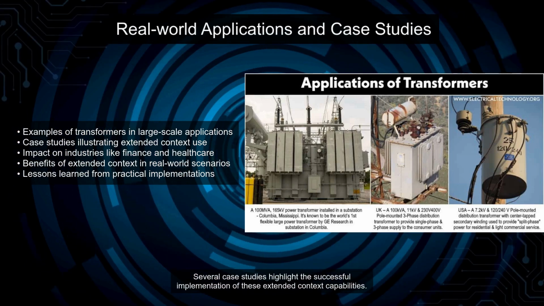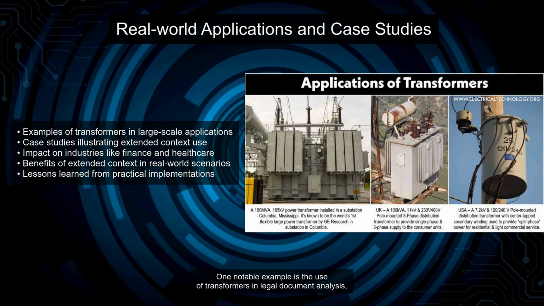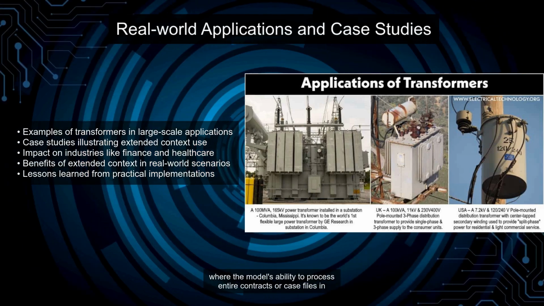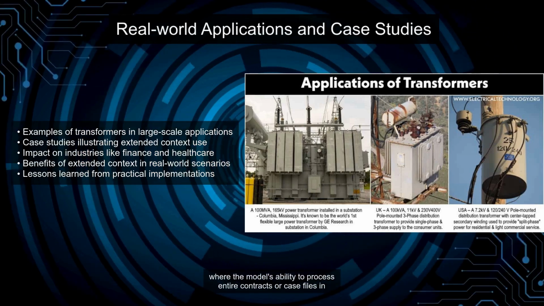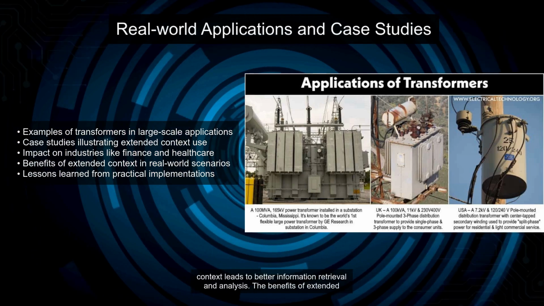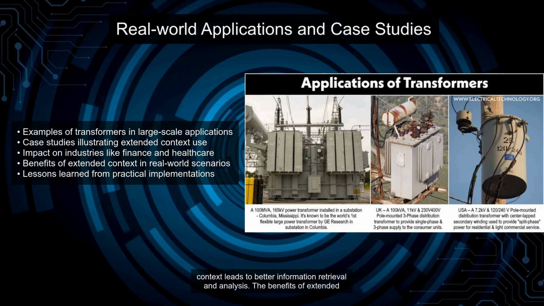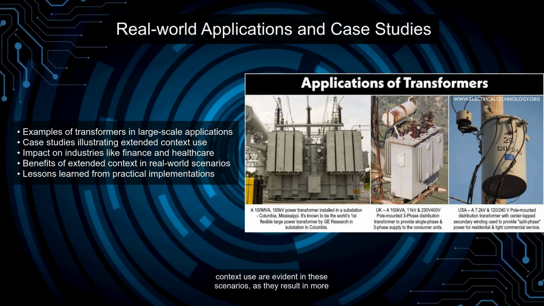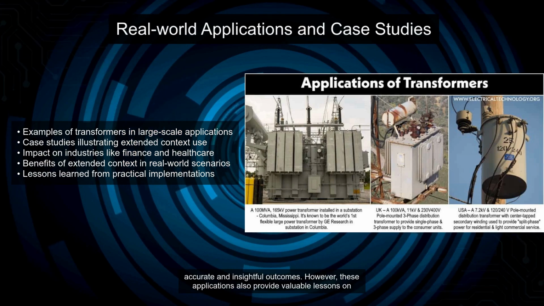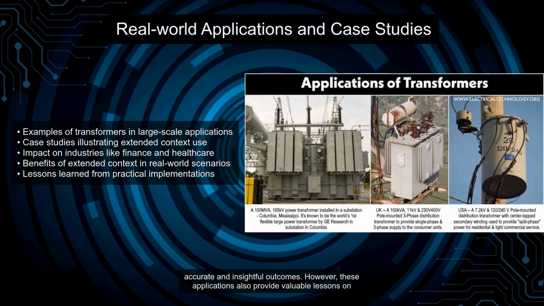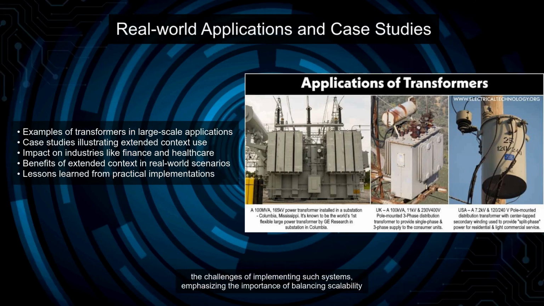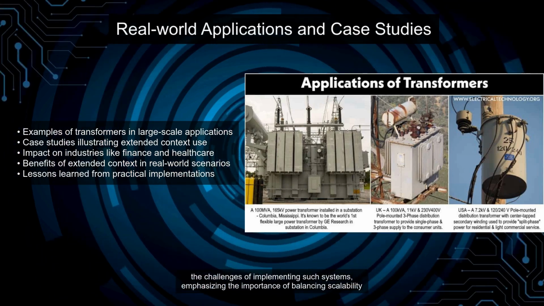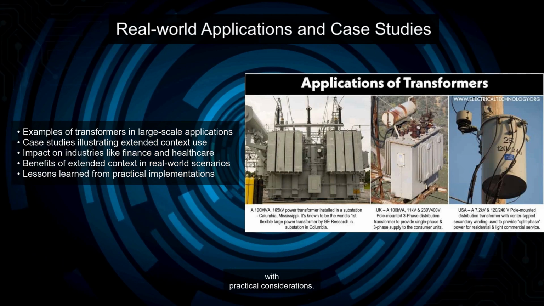Several case studies highlight the successful implementation of these extended context capabilities. One notable example is the use of transformers in legal document analysis, where the model's ability to process entire contracts or case files in context leads to better information retrieval and analysis. The benefits of extended context use are evident in these scenarios, as they result in more accurate and insightful outcomes. However, these applications also provide valuable lessons on the challenges of implementing such systems, emphasizing the importance of balancing scalability